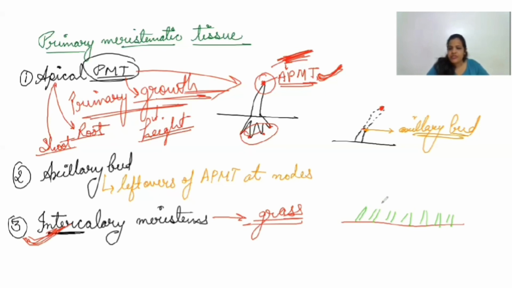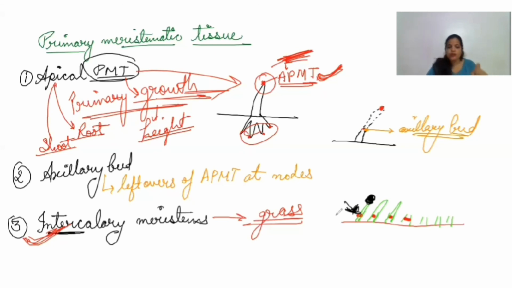So what happens? The grasses need to grow again. They are not going to lose the hope. What they do, they have some intercalary meristems present over here. These intercalary meristems will help the grass to grow again in their length, and the grasses grow back like this. Because when the grass is eaten from the top by the herbivore, actually the apical meristem is lost because it is eaten. So who is going to help for the growth now? This intercalary meristem, which is present in the grasses, will help them to increase their length.